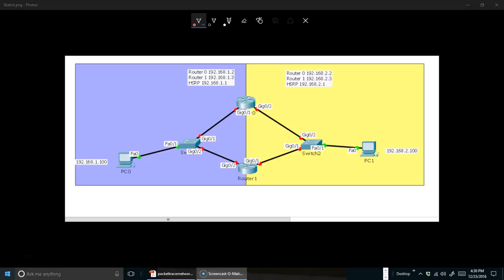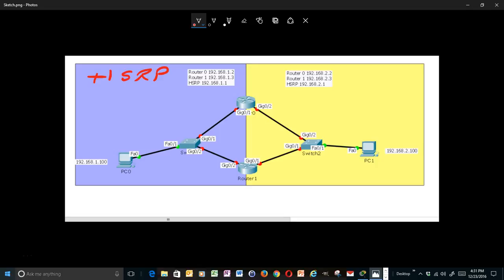Hello and welcome. What I want to try to do today here is demonstrate Cisco's Hot Standby Routing Protocol, HSRP. What Hot Standby Routing Protocol does is allows us to do away with a single point of failure, which we